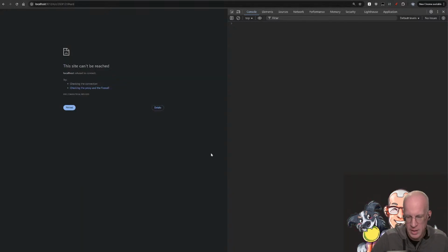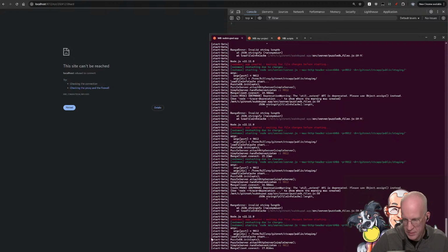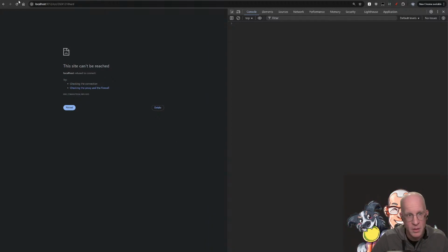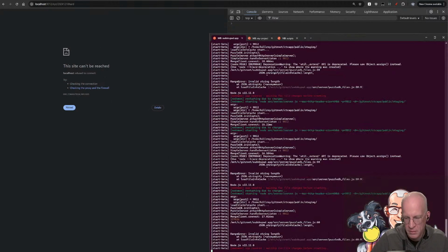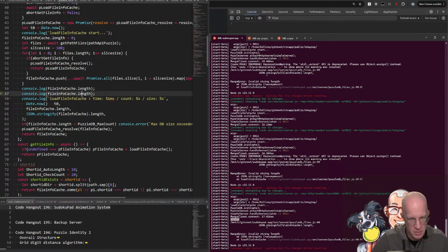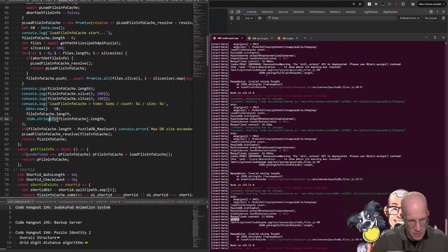I don't know why it works at first and then crashes shortly after. 257,62... So there's something here. Dot slice 0 100. And if I do this, no,